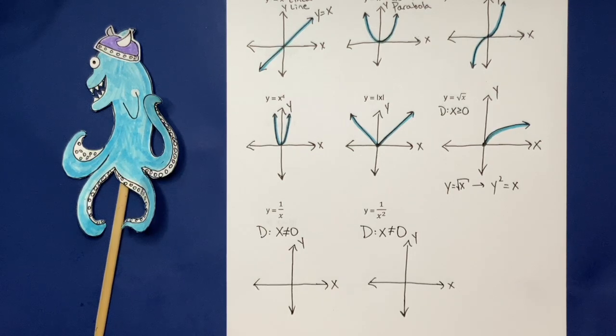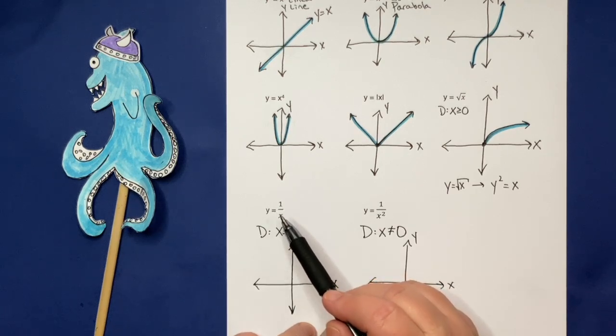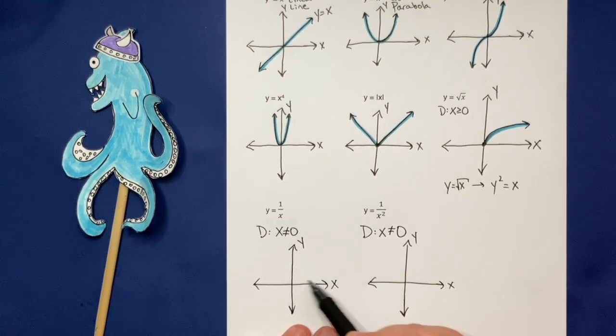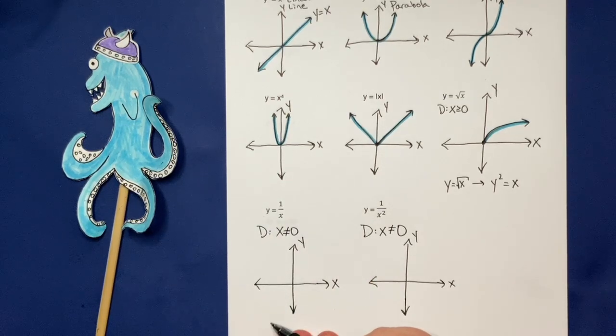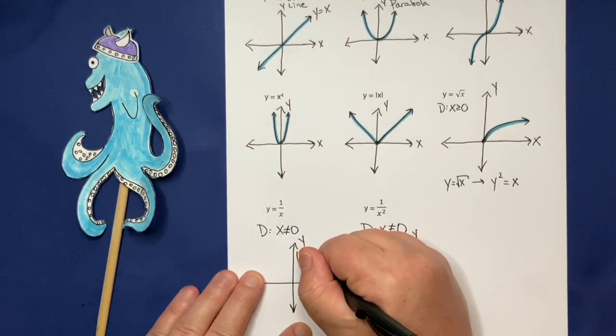But even more interesting to me is that if you have 1 over x, that means when x is positive, y is positive. And when x is negative, y is negative. So it goes down here. And in fact, that's what happens. You get,